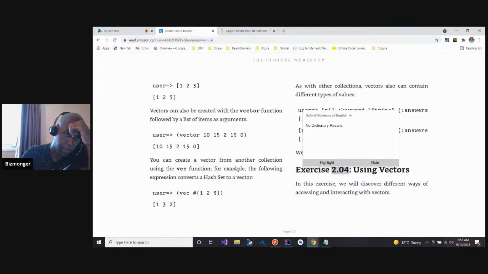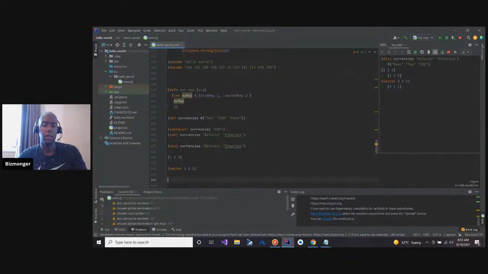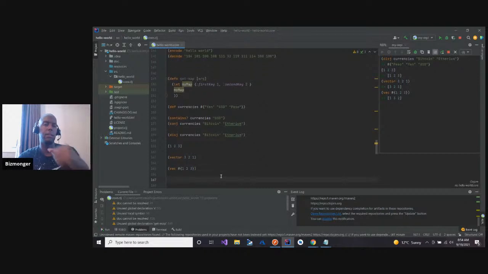You can create a vector from another collection using the vec function. For example, the following expression converts a hash set to a vector. So vec and then hash set 1, 2, 3. I can't take a hash set and make a vector. How do you do a hash set again?